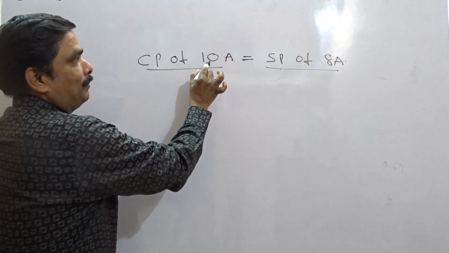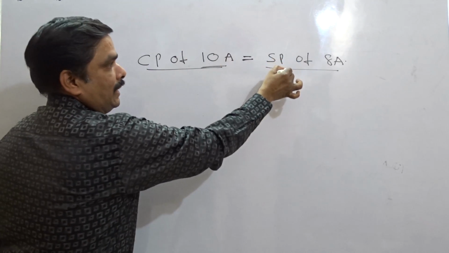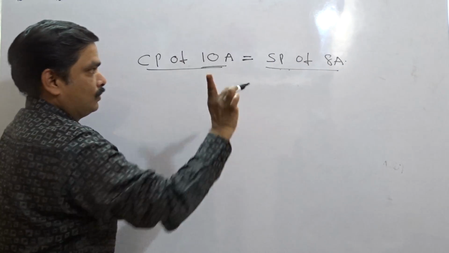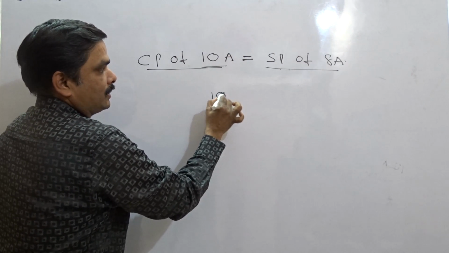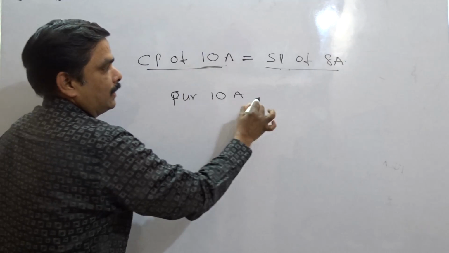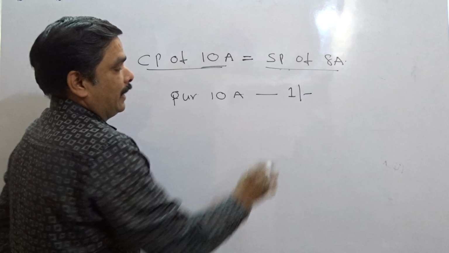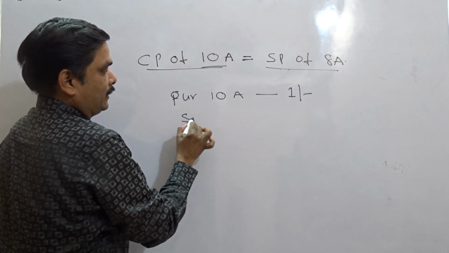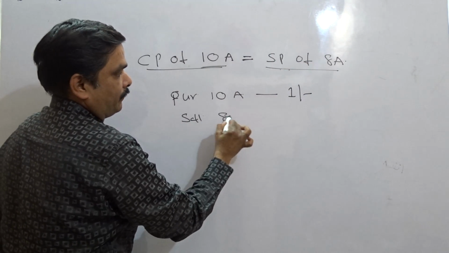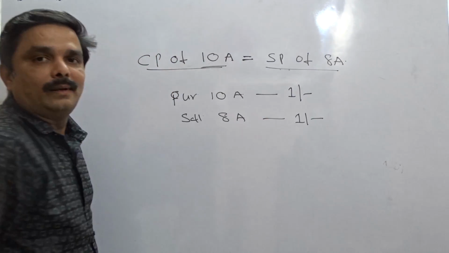When the cost price of 10 articles equals the selling price of 8, suppose the cost price of 10 articles, this is purchasing, I take as 1 rupee. Then the selling price of 8 articles is also 1 rupee. Simple. Go by the cross